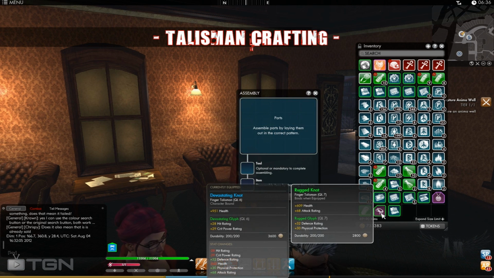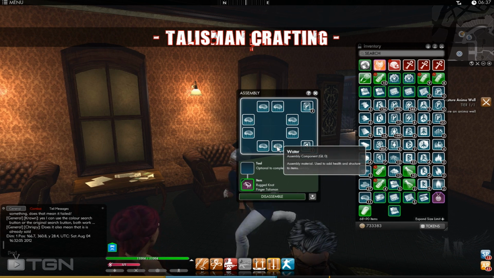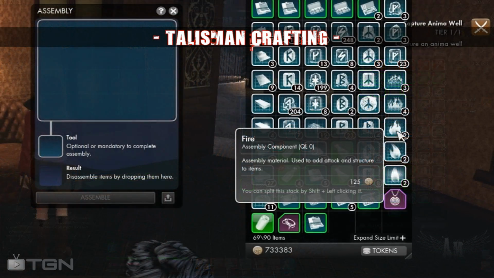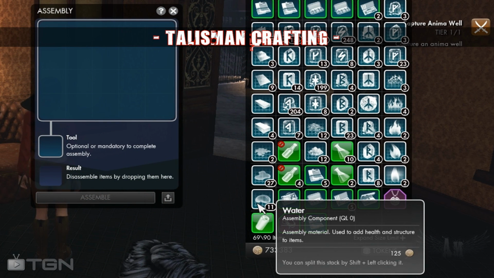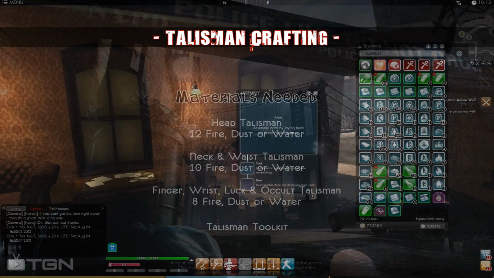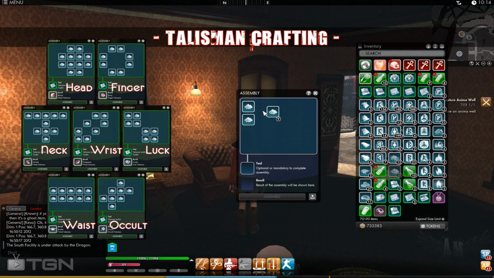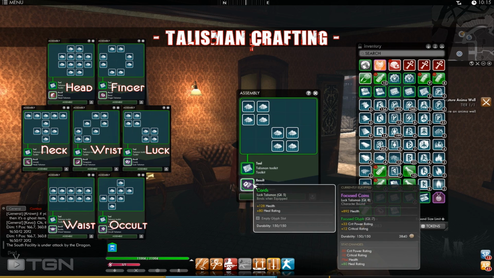For talismans, you will need elements like fire, dust, or water. You get these mats from breaking down talismans that you don't use anymore. Fire adds attack rating, dust adds healing, and water adds health. You need 12 mats for a head talisman, 10 for neck and waist, and 8 for the rest. You will also need an appropriate talisman toolkit, as usual. These are the patterns for the different kinds of talismans. Just arrange the pattern on the grid, put the toolkit in here, check the preview, and if you like it,